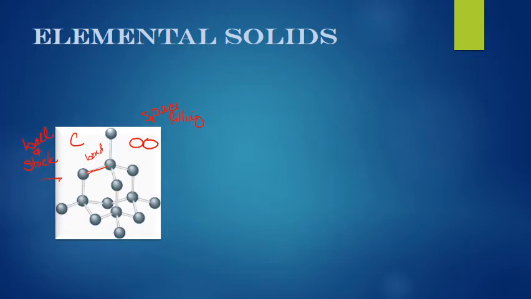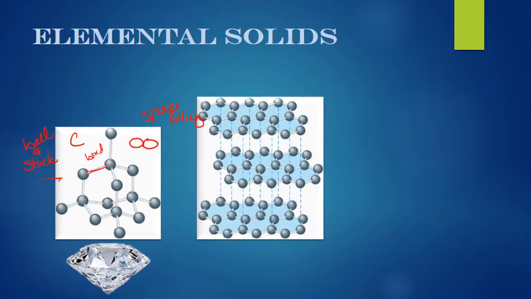Can you guess? You know what this is. I know you know what this is. Even if you don't know what this is, you know what this is. Actually, that's what a diamond looks like. That is the molecular or tetrahedral structure of a diamond. And it's an element because it's made only of, you guessed it, carbon atoms. And now this one, oh look, is that an element? Well, yeah, because it's only made up of carbon atoms.